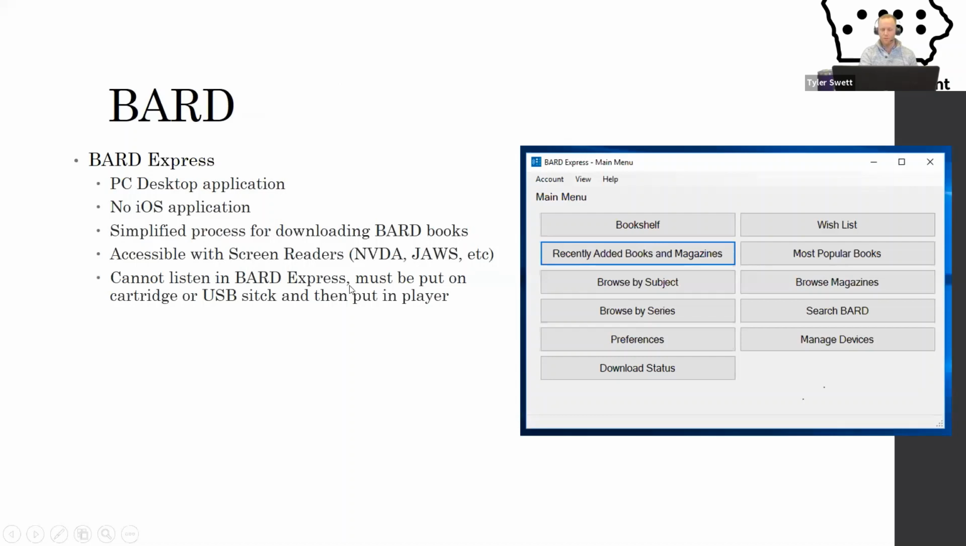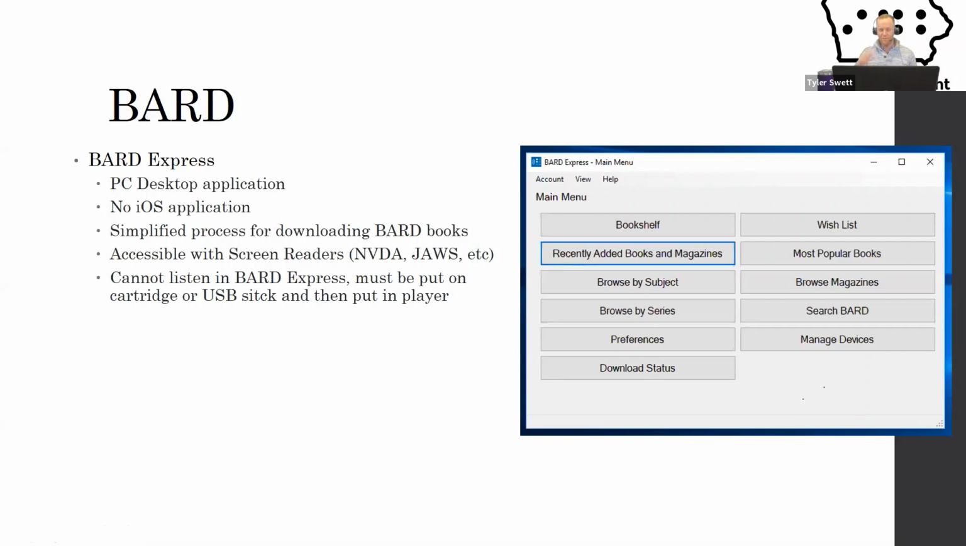There are two different ways that we're going to talk about, and I'm going to show both of these. The first one is BARD Express. This is a PC desktop application. They do not have an iOS app, and the NLS has said they don't really have plans to make one. Right now, if you go onto BARD's website and sign up for an account,